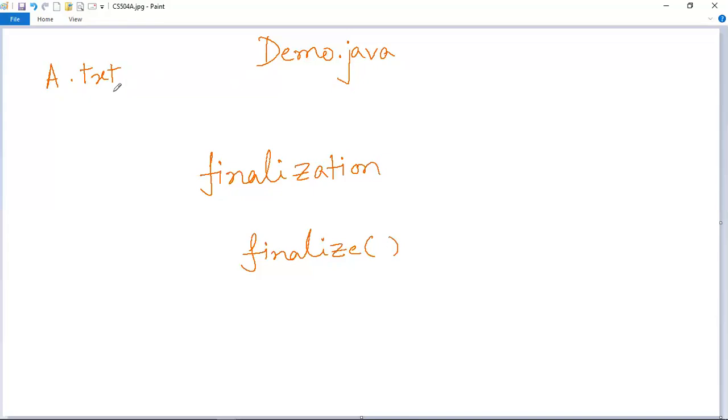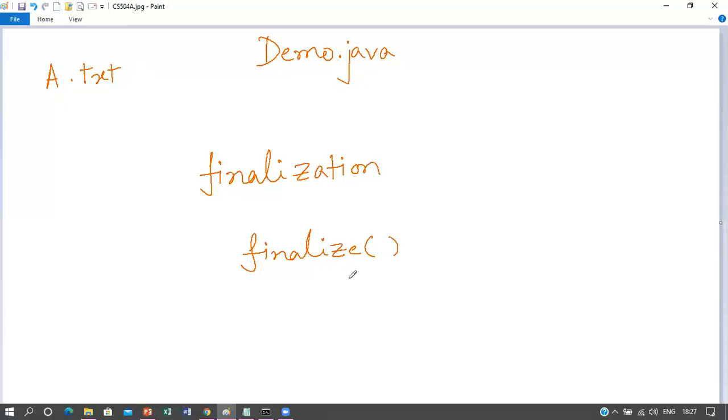All those actions that need to be performed before the object gets deleted should be written inside the body of the finalize method. In this example, this non-Java resource must be freed from this Java program before the memory allocated for this Java program gets deleted, so you have to write that action code inside the finalize method body.